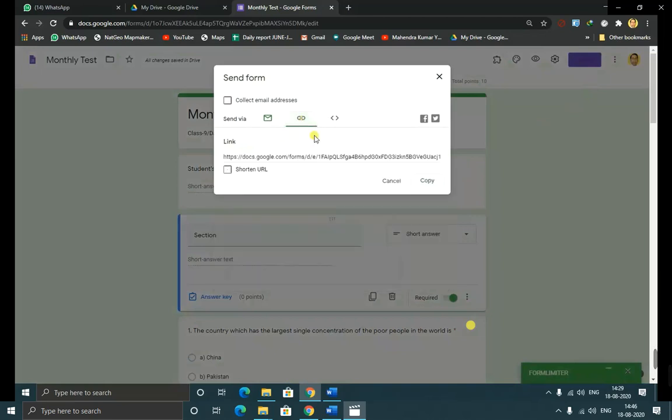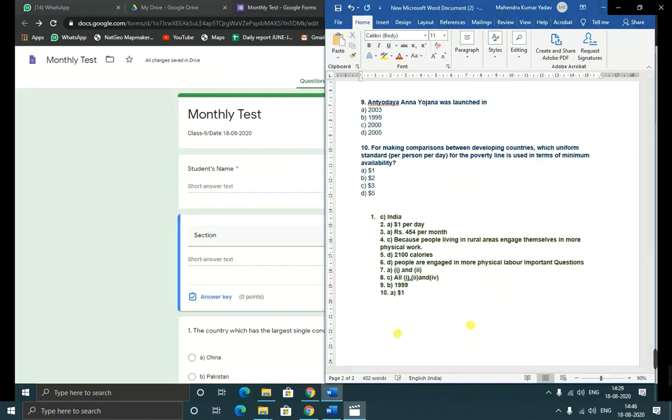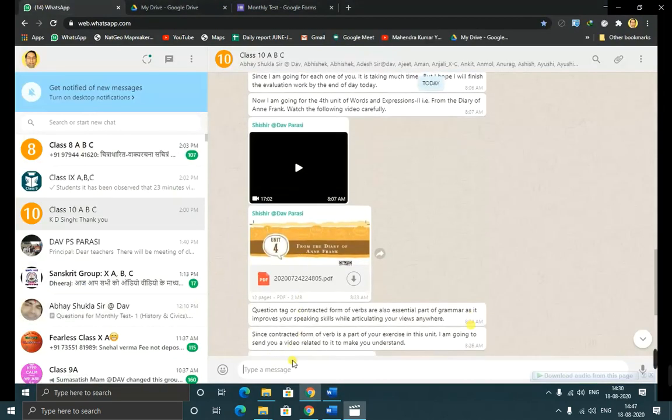Now here, shorten URL, so that you get a smaller link. Now copy it, and if you want to keep it saved, you can paste it in a Word file, or directly you can send it to your WhatsApp group wherever you want to share the question paper.